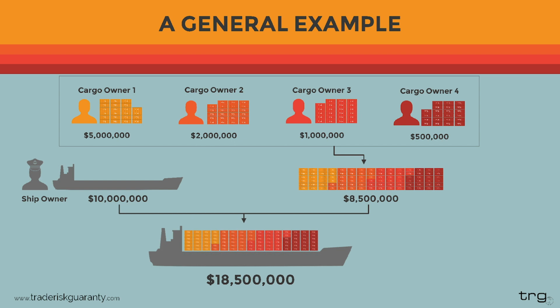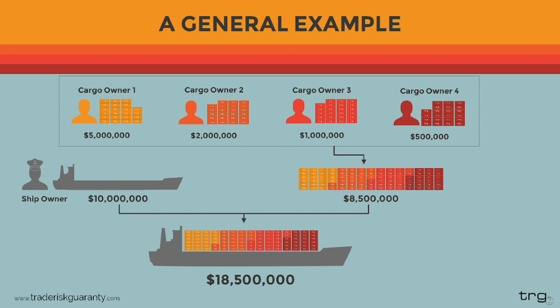Now let's calculate the total value of the voyage first. Again, for the sake of simplicity, the breakdown of the cargo's value is as follows. Cargo owner number 1's interest is valued at $5 million. Cargo owner 2's interest is valued at $2 million. Cargo owner 3's interest is valued at $1 million, and cargo owner 4's interest is valued at $500,000. This equates to a total cargo value of $8,500,000. If the vessel owner's interest is valued at $10 million, then that plus the cargo value would mean that the entire voyage is valued at